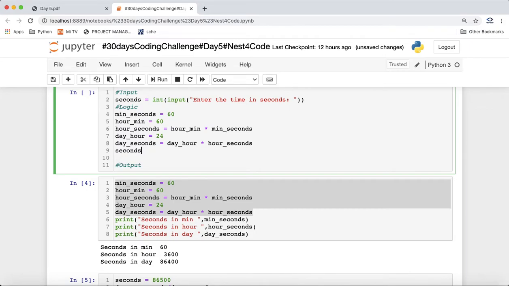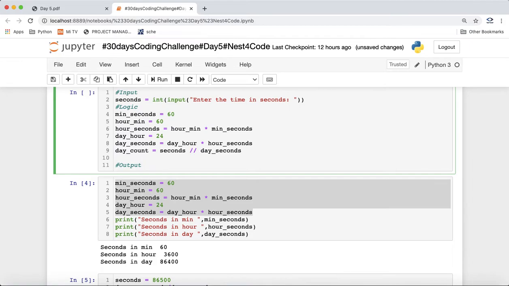So guys, now what we will do, we'll go with the day count. So what will the day count be? Day count will be, we'll divide the seconds with the floor quotient. We will not divide with the normal division operator because it will give you a decimal value, but we want the exact days which are there. So we'll divide the seconds with the seconds in a day, so we'll get a day count, right?